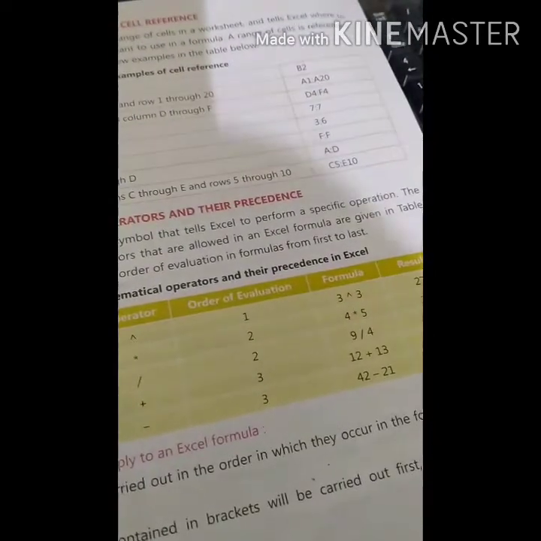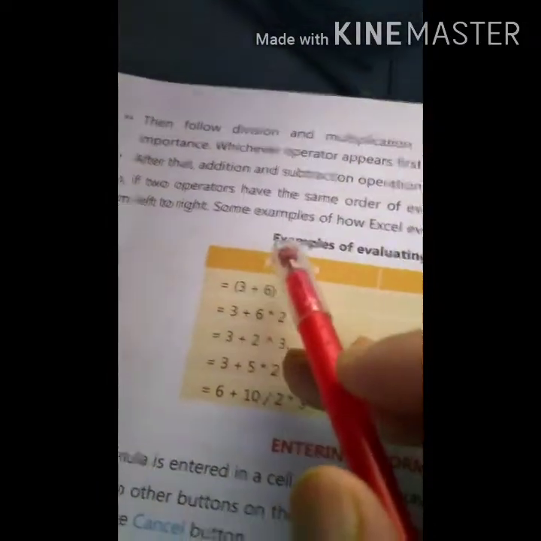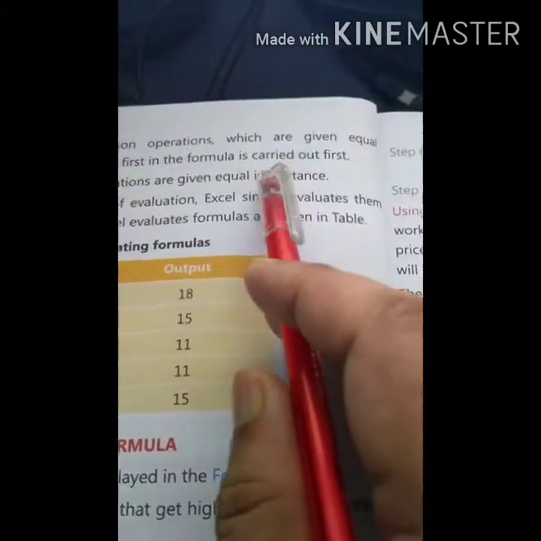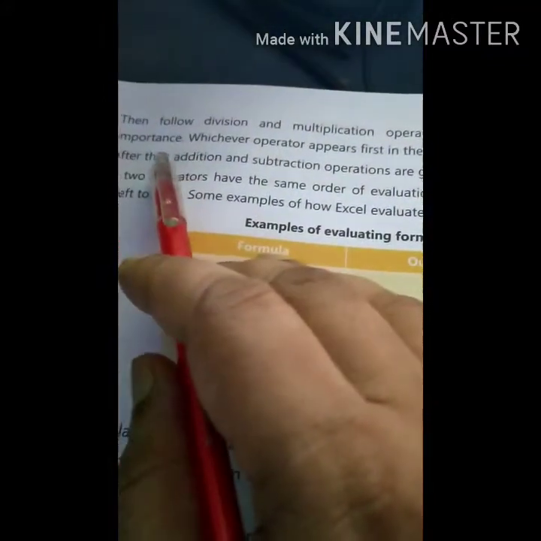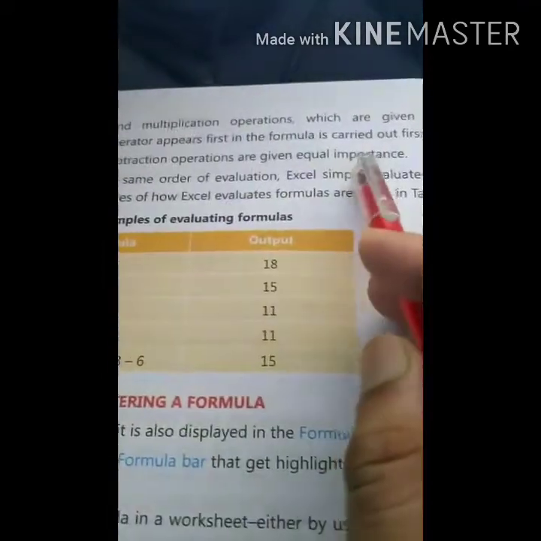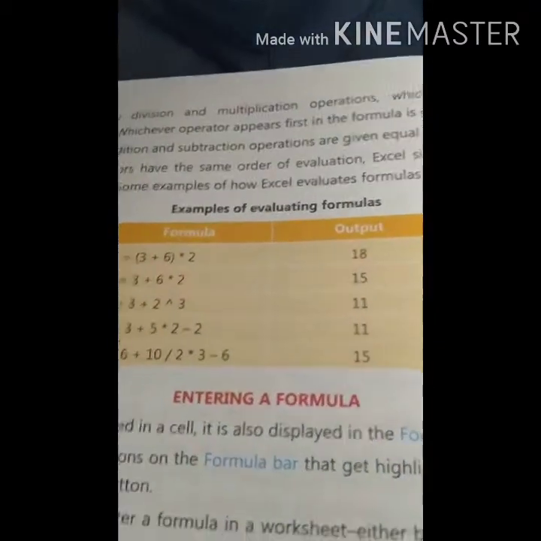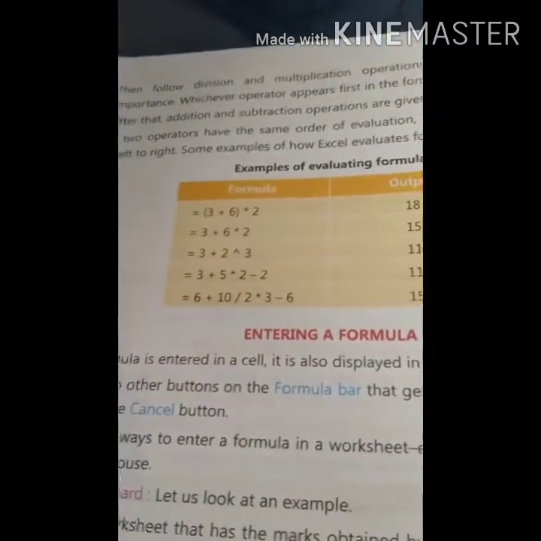Any operations contained in brackets will be carried out first. Afterwards, any exponent power if you have given. The following, division and multiplication operations are given equal importance. Whichever operator appears first in the formula is carried out first. Which operators you have given first, that will be executed first of all.